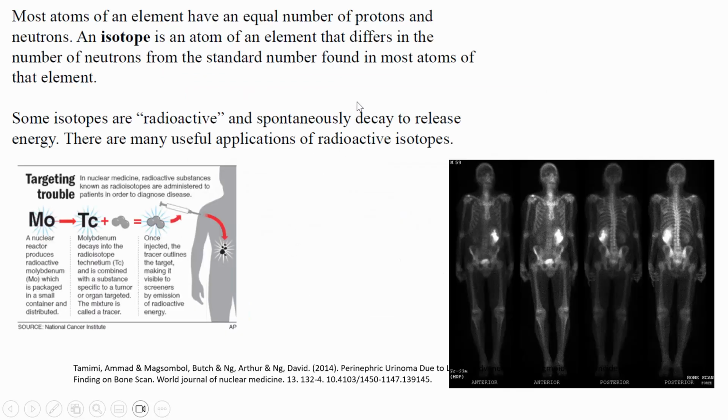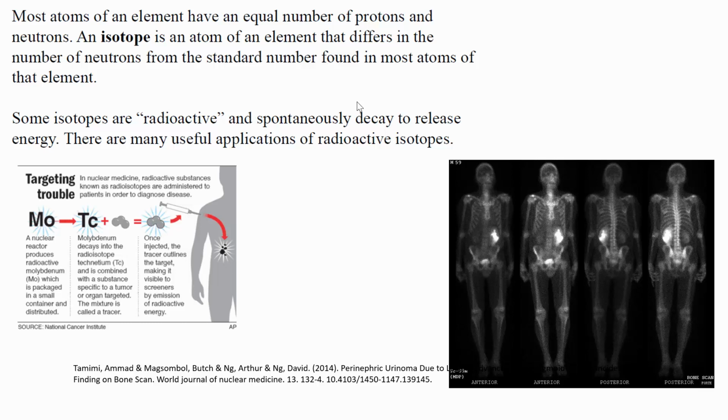An isotope has a different number of neutrons from the standard number, and some of these isotopes are radioactive. They spontaneously decay to release energy. They can decay to atoms of the same element, or they can actually decay to a different element. But I like to point them out here because in the medical field, there are many useful applications of radioactive